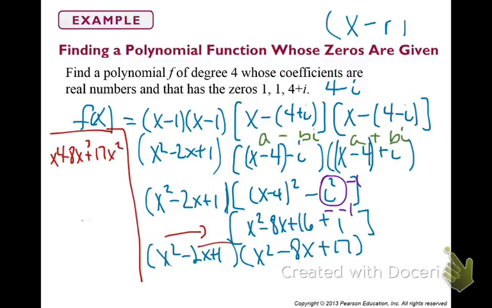Now do the negative 2x. The negative 2x times the x squared is negative 2x cubed. The negative 2x times the negative 8x is positive 16x squared. And the negative 2x times the 17 is negative 34x. Your last one, just bring it down: x squared minus 8x